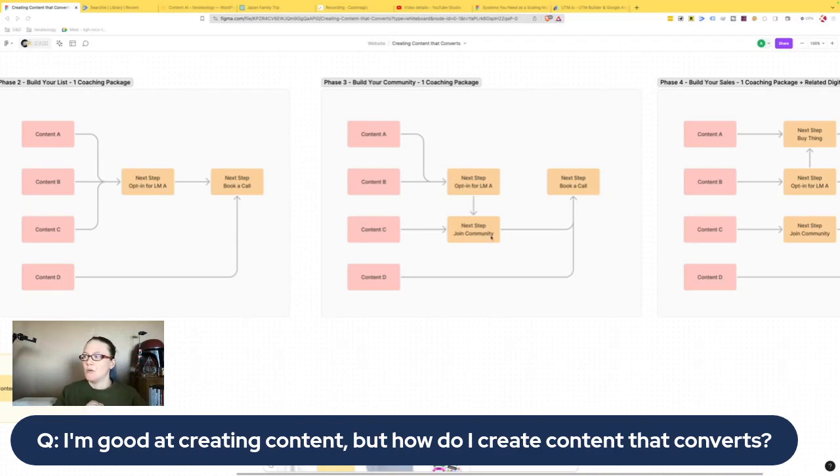But if you have a community, you can have a post that goes, hey, join our community to keep this discussion going. Versus, you can also have that be your one call to action at the end of a lead magnet. Versus you can have just book straight to a call. So this is growing into complexity. So in a semi-complex